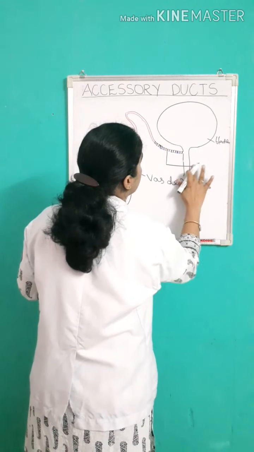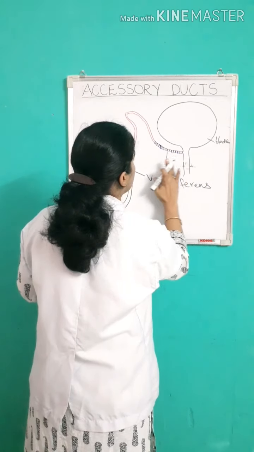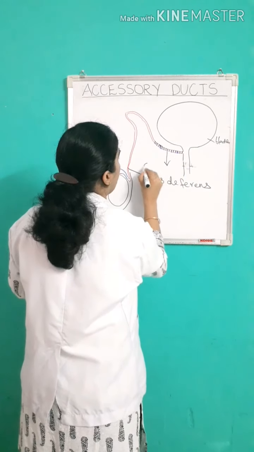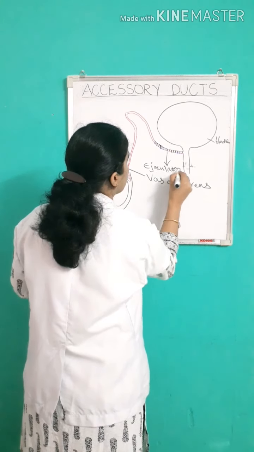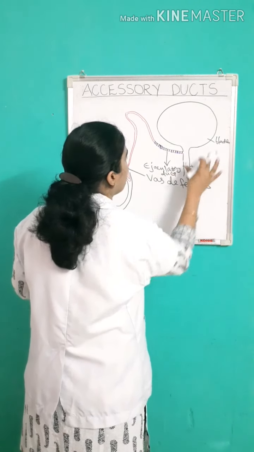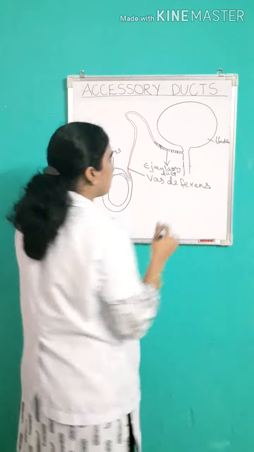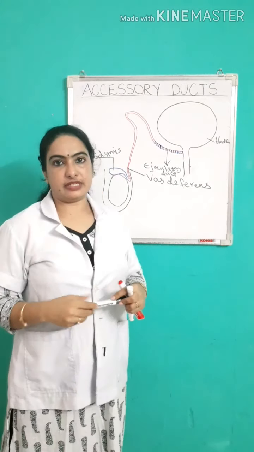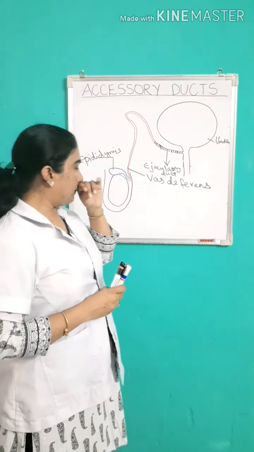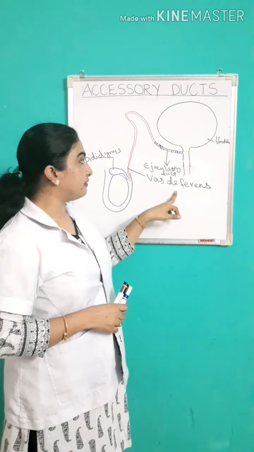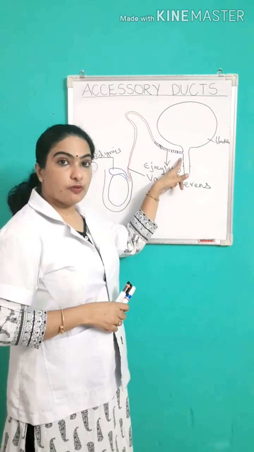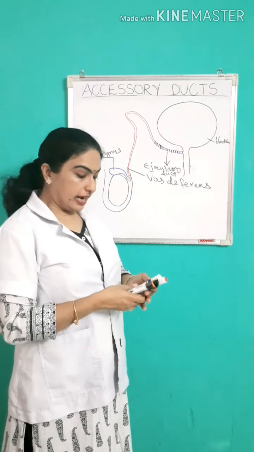So this is the ejaculatory duct. Actually, the ejaculatory duct is a part of the vas deferens. So we can say the ejaculatory duct is the part of the vas deferens that loops over the urinary bladder and